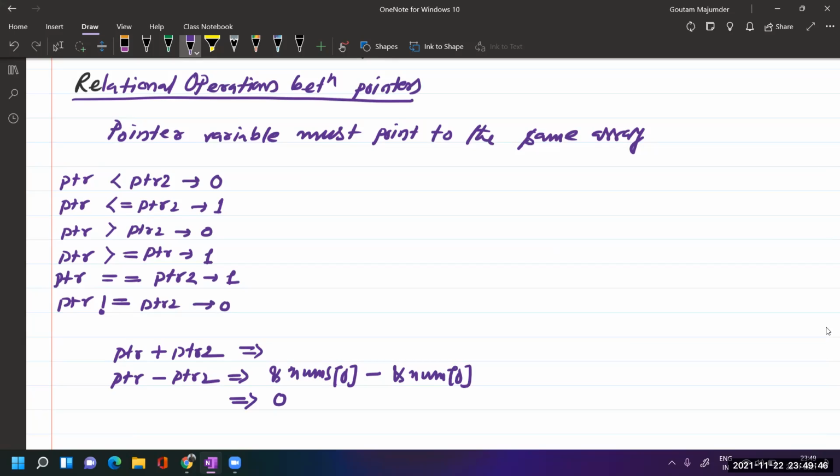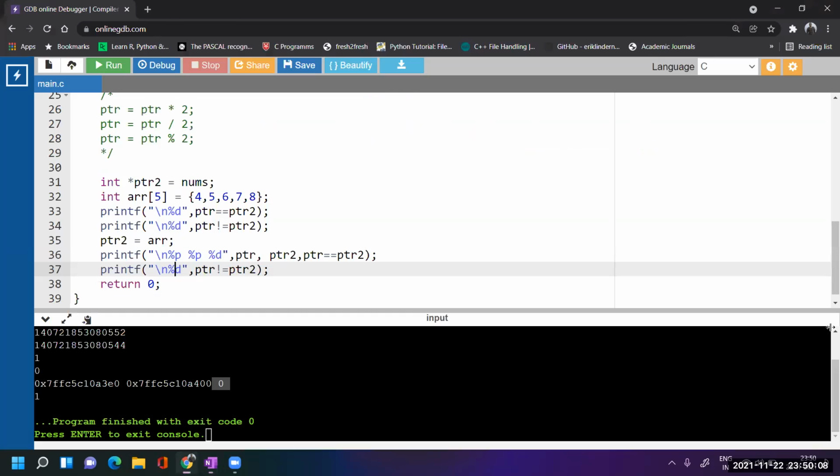And now address of num0 plus address of num0 will be violating the rules. You are going outside of the array. Illegal operations you are doing. So let us check it in the compiler, the first one. Second one is legal. Let us check both of them.